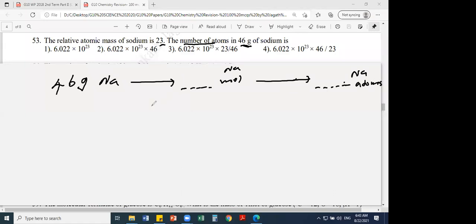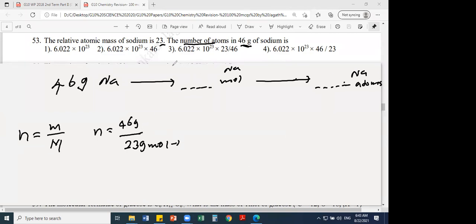Sodium atoms. How to do 46 grams? First, you have to convert into moles. How to convert 46 grams into moles? 46 grams divided by 23. Number of moles, small m divided by capital M. But in the oral paper structure, they say, if you are doing the calculation, please don't forget to write the equation. Small m divided by capital M. Right? Then you can write 46 grams divided by 23, because 23 is given. Molar mass or the RAM is given. RAM is equal to the molar mass if it is an element. Then I can write here the answer.